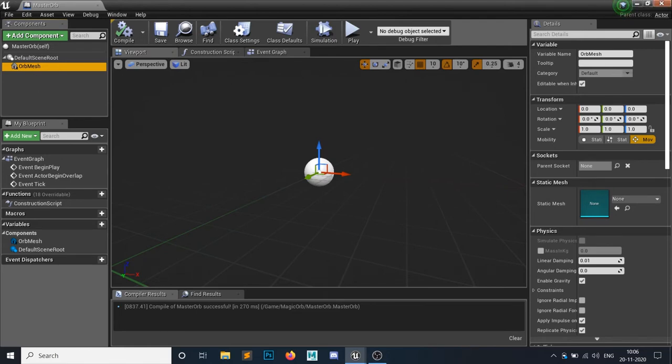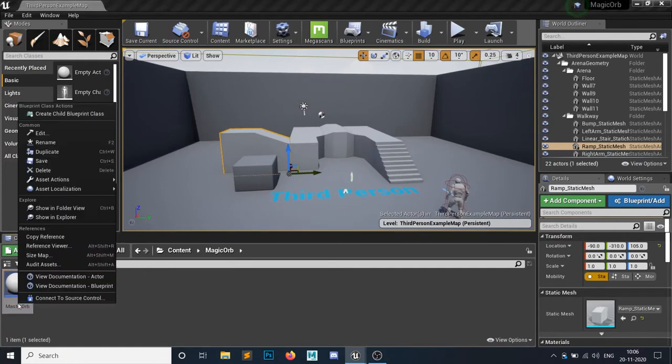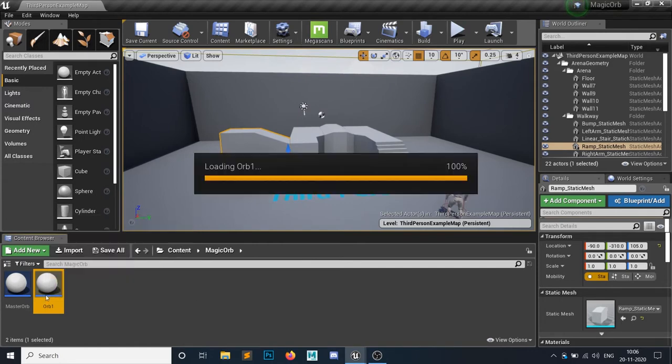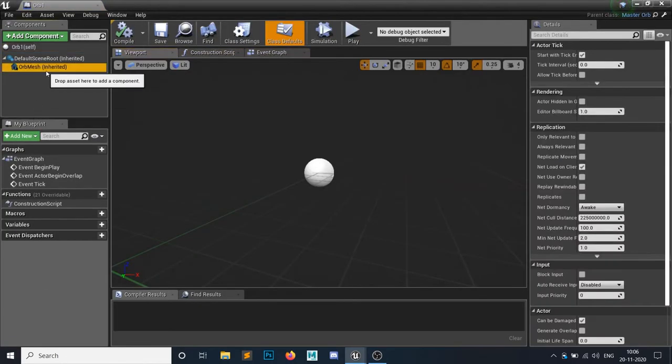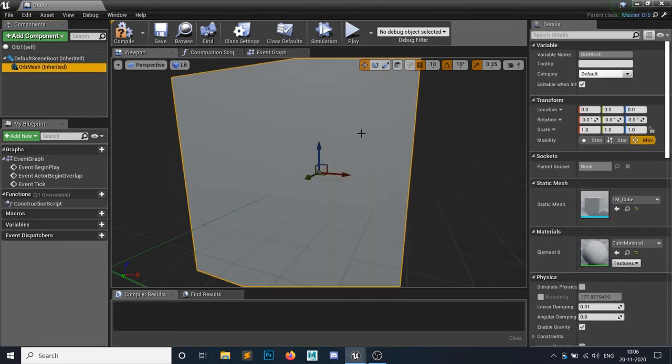Okay, so I don't want to code this inside this master orb. I want to create a child blueprint class, and I will code all the things inside this child blueprint. So I'm gonna call it orb1, because you can create all the orbs 1, 2, 3, 4 from here. So in this orb1, I want to set the static mesh to a 1 cube, this one.